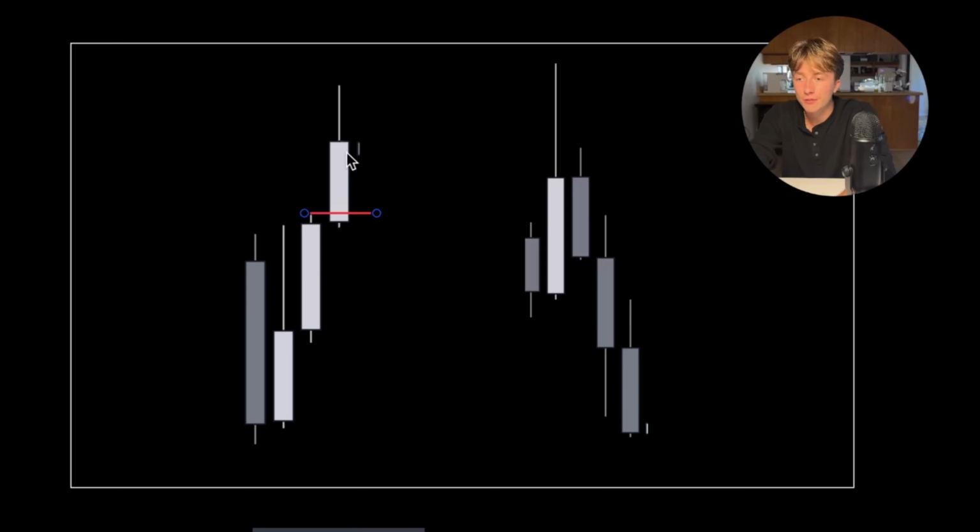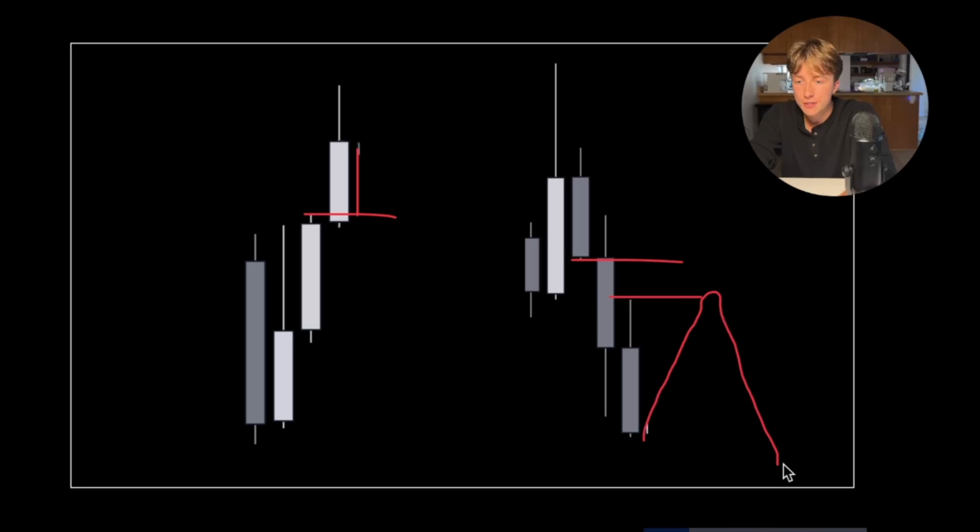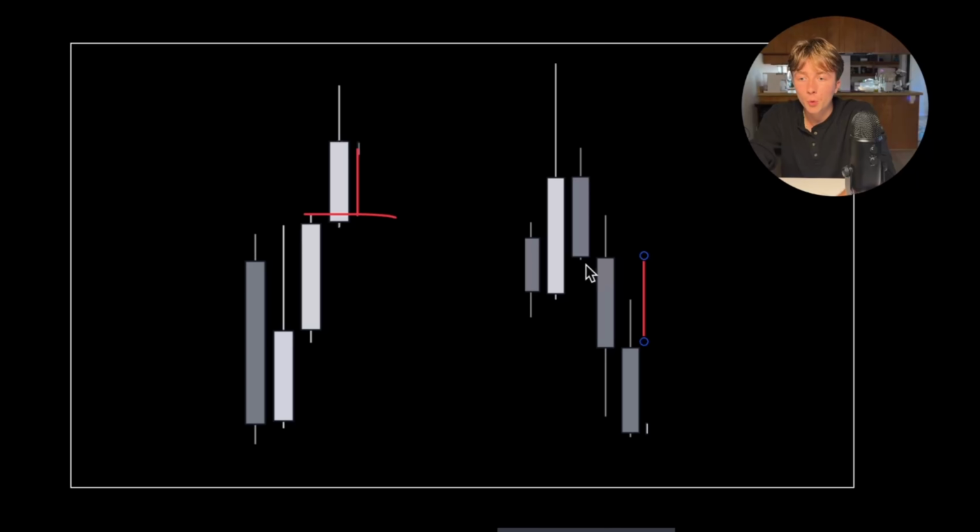So instead of allowing a fair value gap to form by closing up here, what this third candle would do is pull back down with the wick to make sure that no new fair value gap forms. So this right here is an immediate rebalance. And right here you can also see that there's a fair value gap, 1, 2, 3, and right there would have been a fair value gap that you can reference. However, if the third candle pulled up with the wick a little bit higher, and made sure that no new fair value gap formed here, that would have been an immediate rebalance. And an immediate rebalance is a continuation technique.